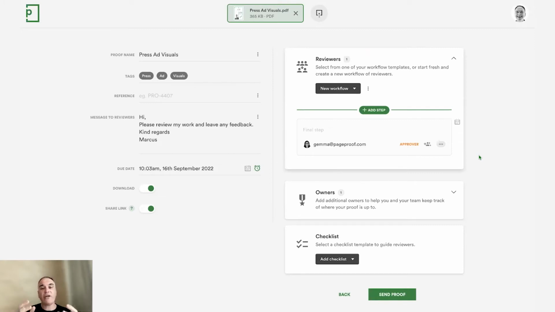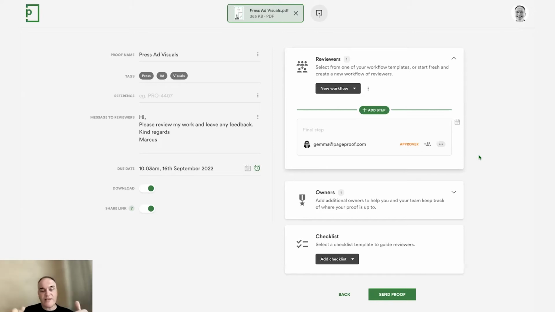And if you are in an internal team and you're working closely with an internal marketing team and you are working in the design agency for your internal marketing team, this is either going to be the marketing manager or someone in charge there, or it might be you. You might be the person who ultimately gives the final sign-off on the work.